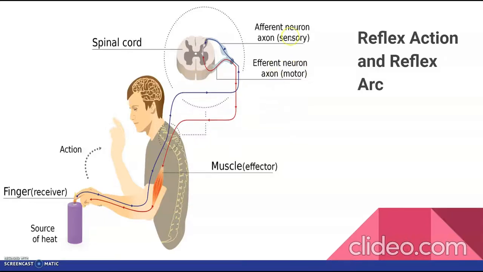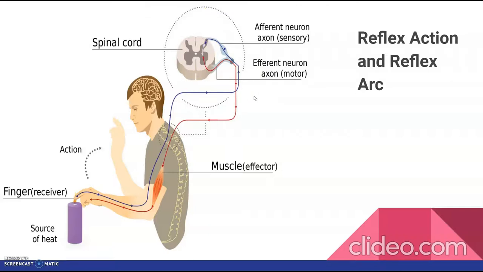The afferent neuron receives signals from the sensory organs and transmits the impulse through the dorsal nerve root into the central nervous system at the end of the spinal cord, and the efferent neuron then carries the signal from the central nervous system to the effector organs,